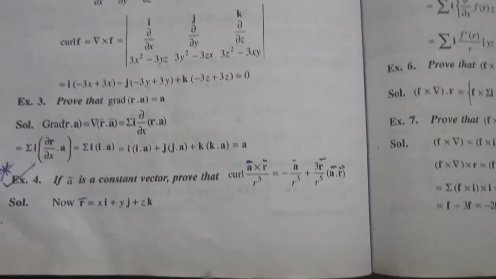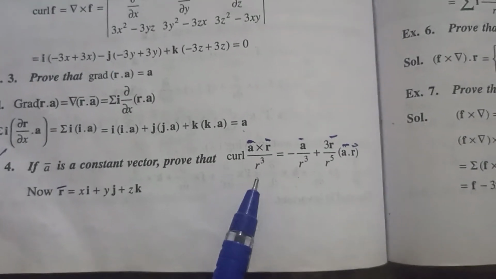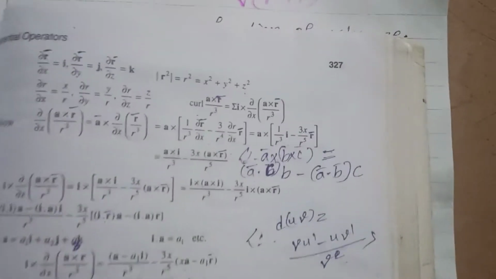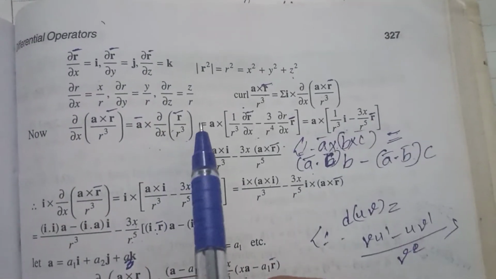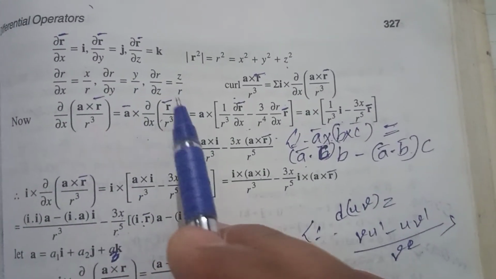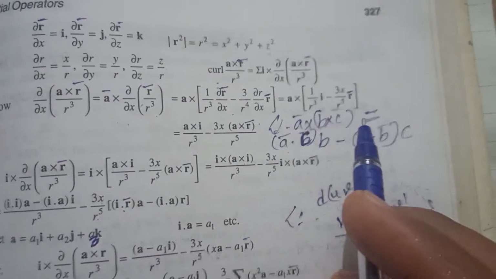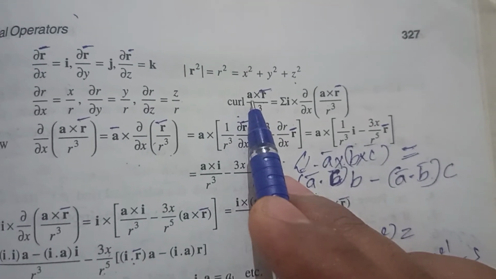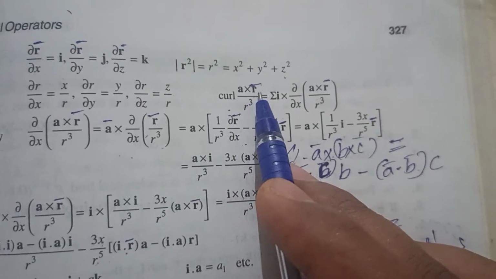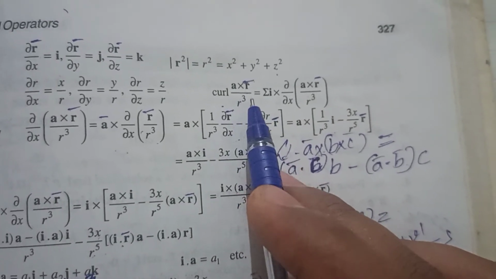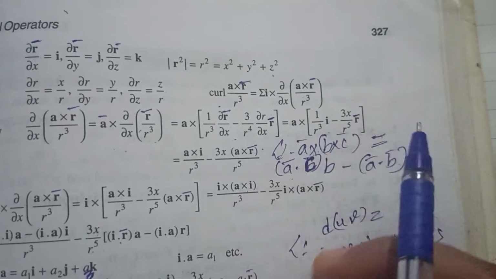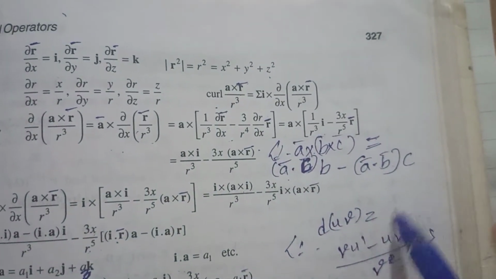See now. In this theorem we are going to take the LHS part, and we are going to prove that the LHS part is equal to the RHS part. See here. These are the things I already explained. Now, how will we get these things? Here, curl of (a cross r bar by r cube). r bar is different, r is different. If you know that variation, you can easily understand this theorem.